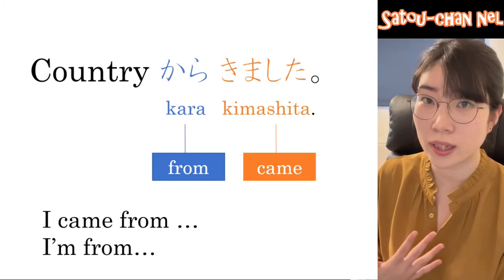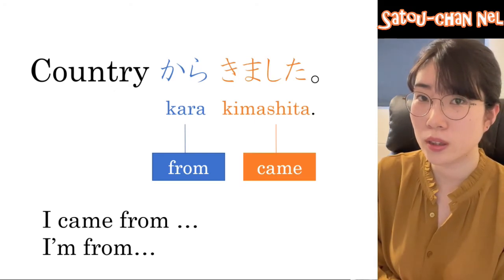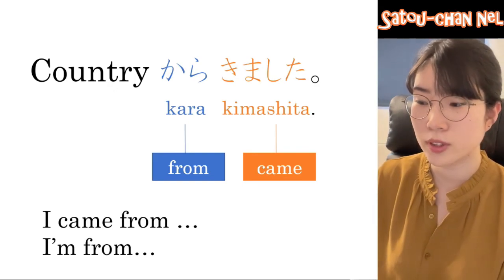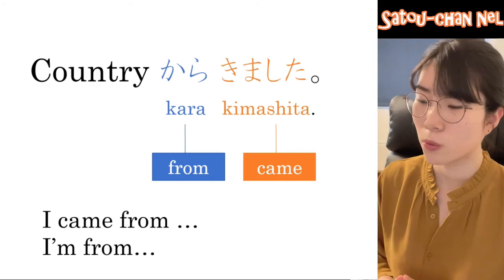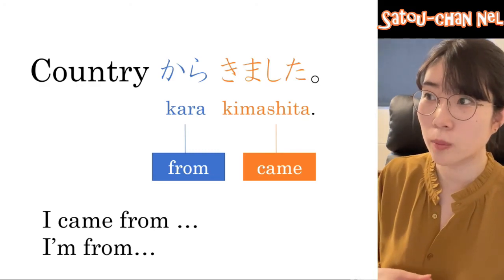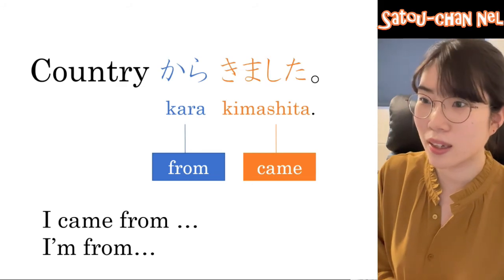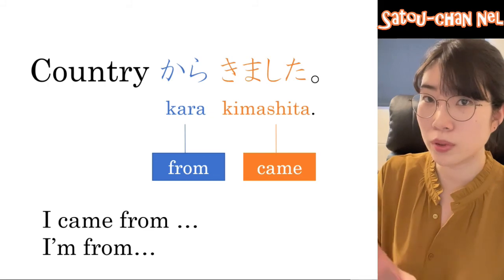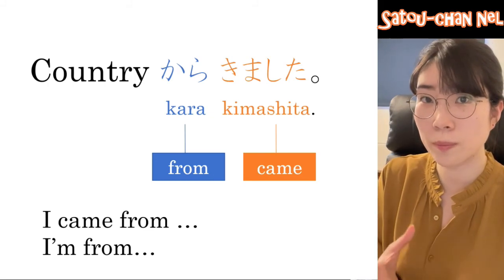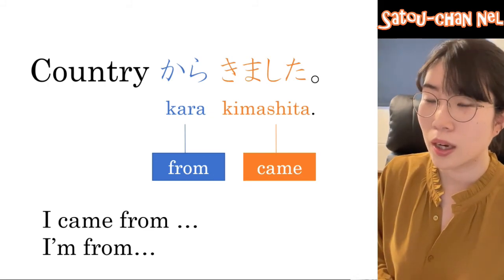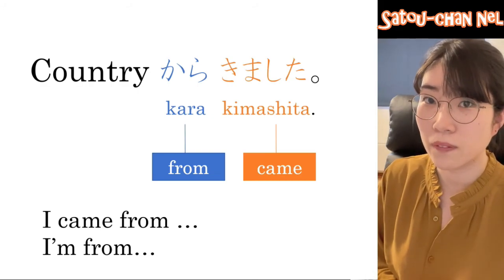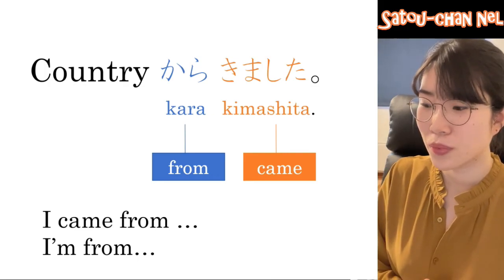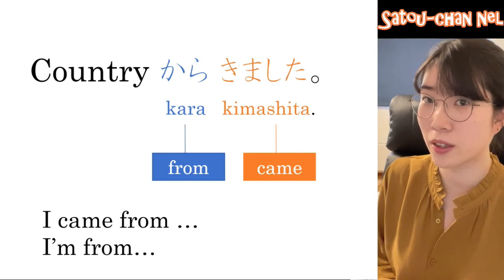So if you want to say where you're from, you can say アメリカから来ました。I'm from America. You can say that too. With this phrase, you can put the name of a city or island, not only a country. You can put any place. So you are from that place. I know you haven't learned anything about verbs in this lesson, but I just wanted to tell you in case you want to tell where you are from instead of telling your nationality.